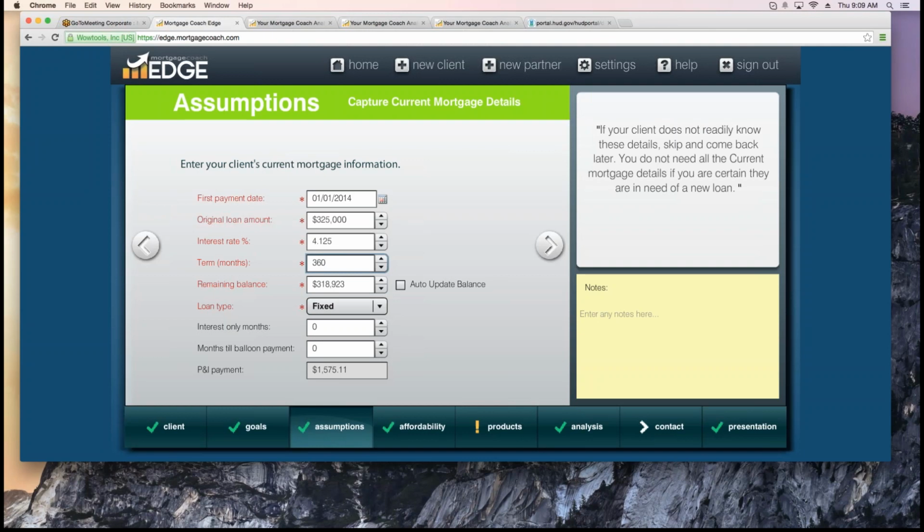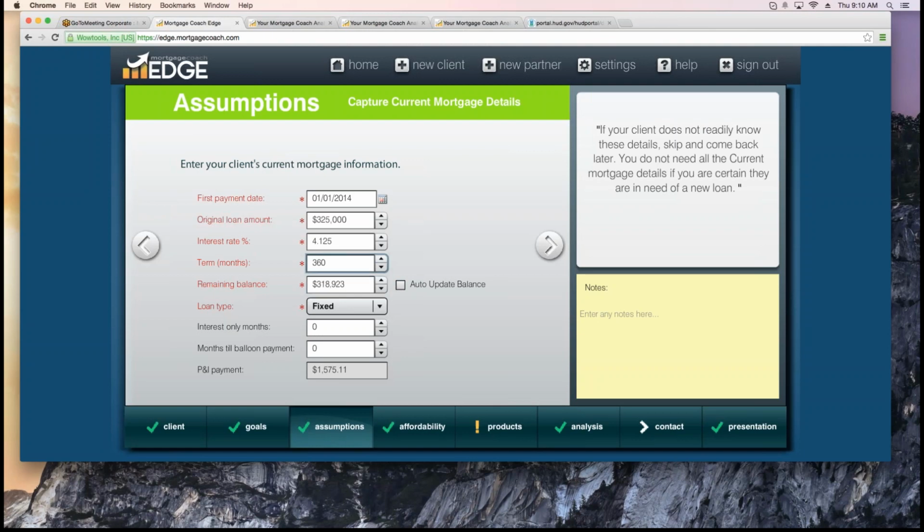And if they have paid down and their remaining balance might be $310, that's okay. You could go ahead and override that, and you'll see it doesn't change the payment. So that is fine. Just as soon as you put in the data, get that P&I payment you're looking for, then you can always override that balance. Let me go ahead and put in the correct balance back in there, $360,